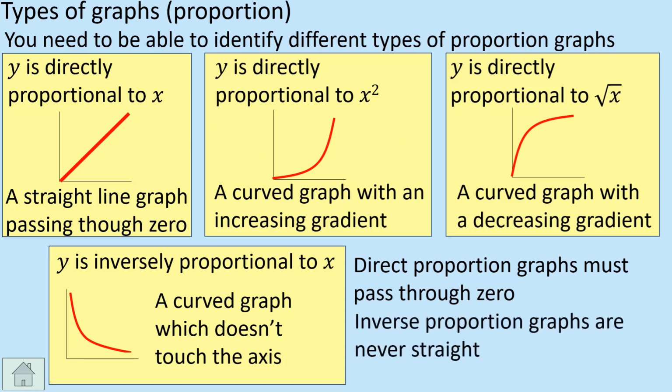Inverse proportional graphs are never straight. So you'll see that inverse proportional is never straight, because again, same kind of idea. It's going to be 1 over x. It's a reciprocal graph essentially. So please do look at the lessons on direct and inverse proportionality to remind you of those concepts. Obviously, come back to these lessons and look at the graphs again if you need to,